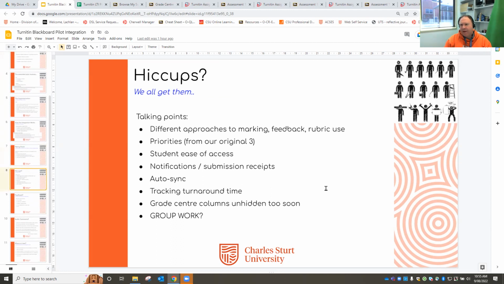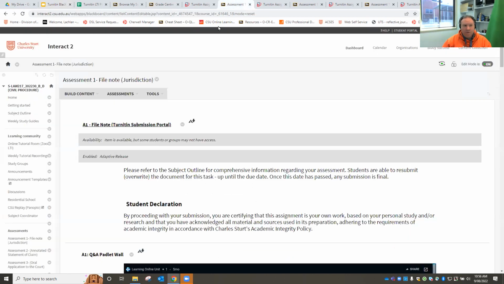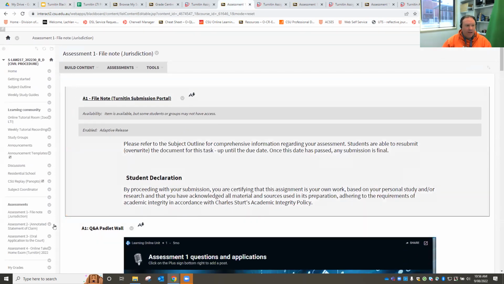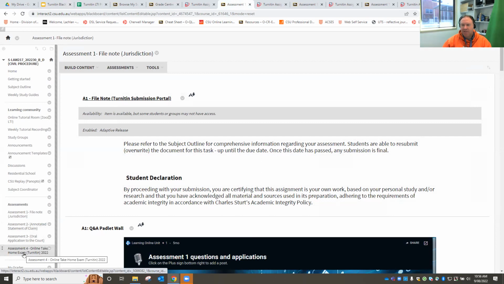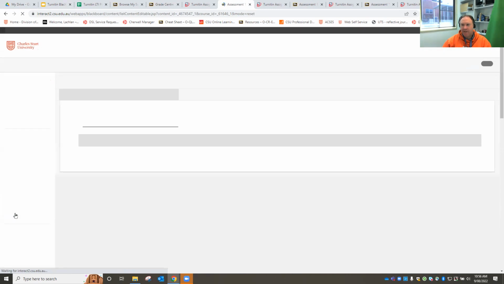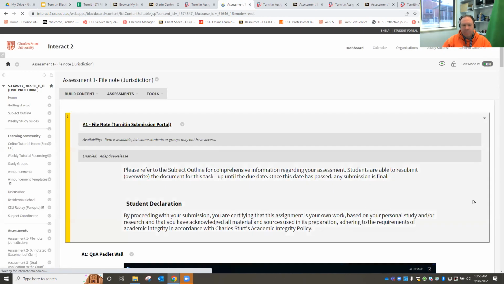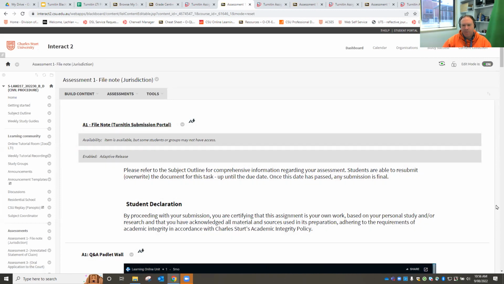Student ease of access has been raised for me, like people saying, well, students are used to using ACE and any type of change of process is a problem, and we don't want them to have to learn this. I would argue that this system is just as easy as using ACE, as long as the setup is done properly. In fact, having everything related to an assignment all available inside the one assignment folder for each task, to me, is as simple as the process can get for students. The submission point, the related documents, feedback on how the marking is going to be handled, for example, all related information, all within the one spot,